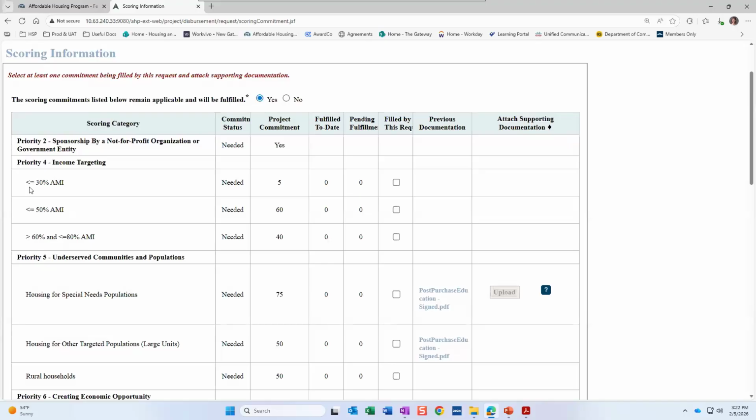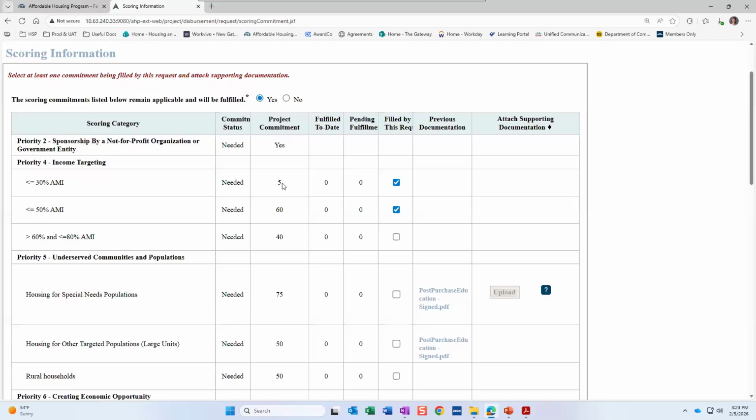So if you have a household that is below 30% AMI, please make sure that you select the 30% AMI category, but then also select the next income category up. The reason we're going to do that is because the 30%, again, is just for statistical purposes, but the 50% category is the actual category that you're meeting from your AHP agreement. So we want to make sure that you're getting credit for the units meeting the requirements of your agreement, but are also reporting the extra statistical information below.